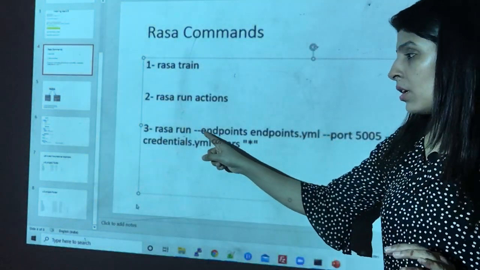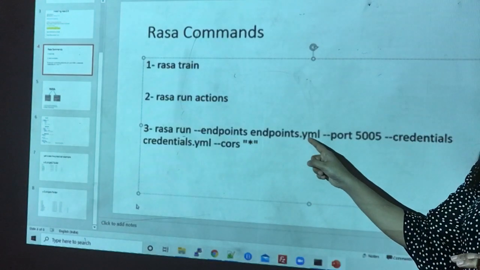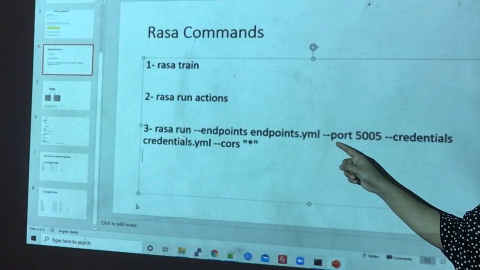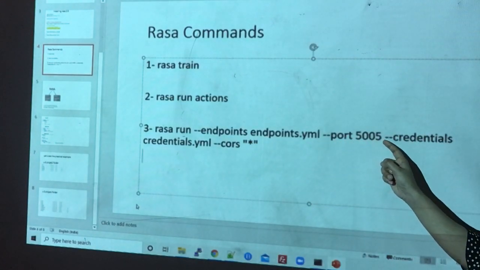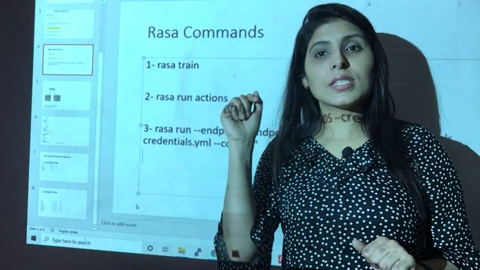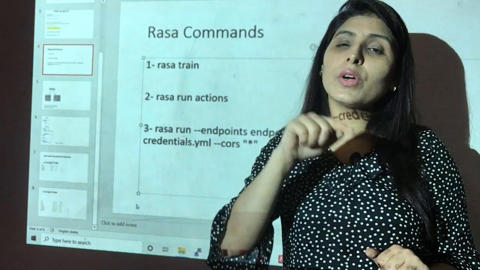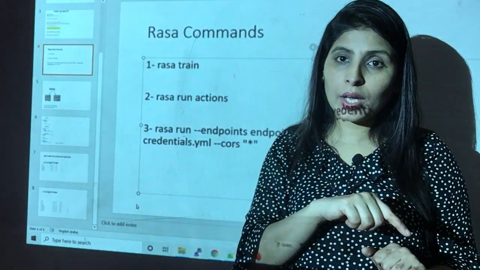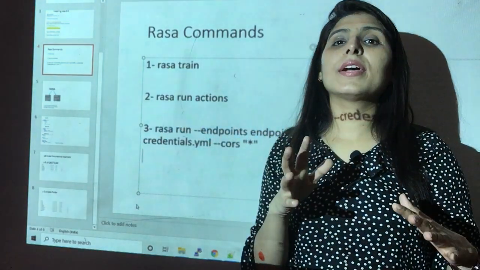So the endpoint YML file, port number 5005. This port number is very important. The port number which you are using over here, the same port number you have to define in your index.html file. Then only your bot will get connected.